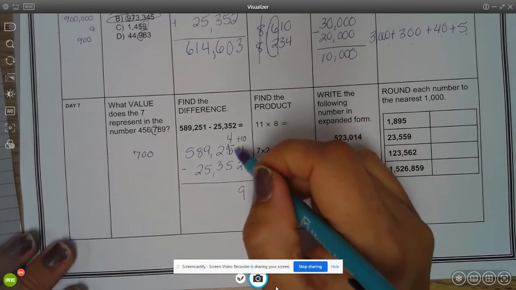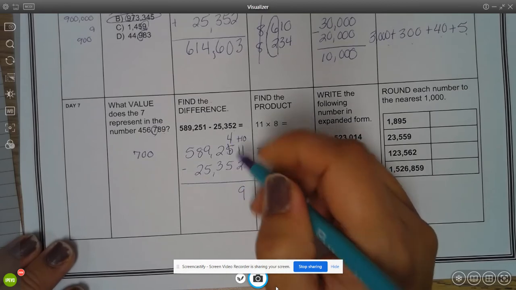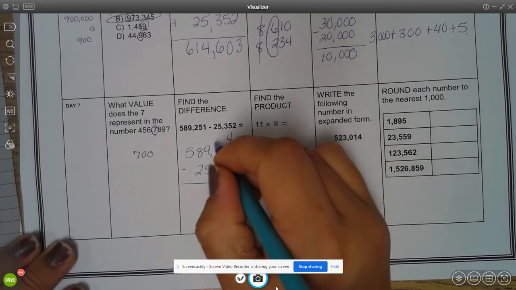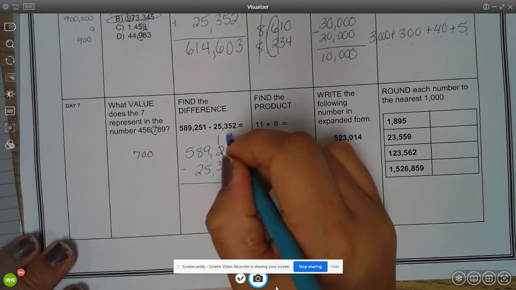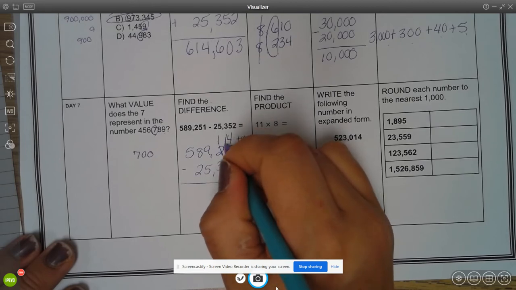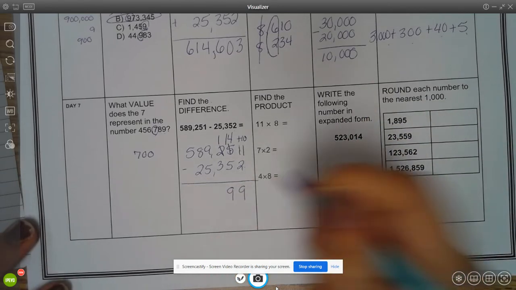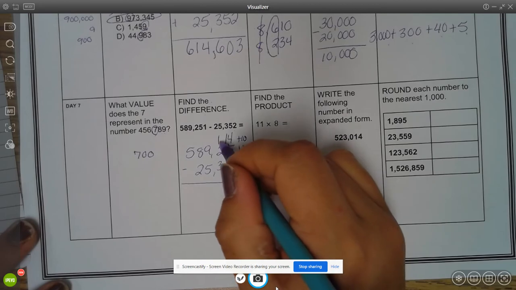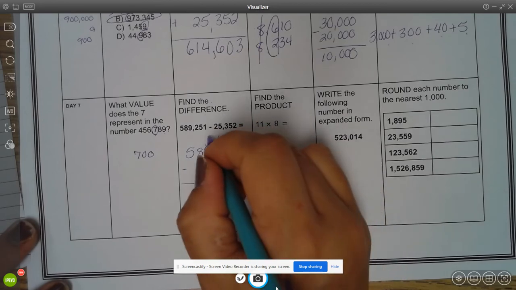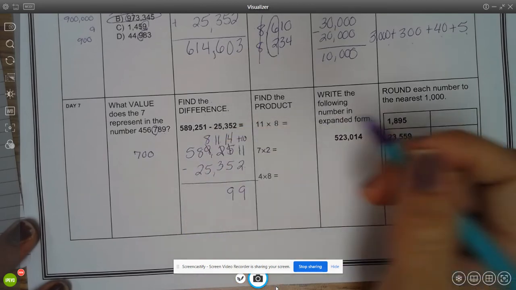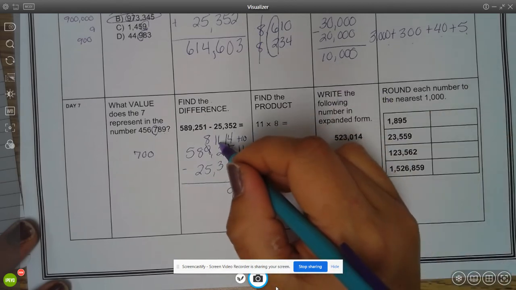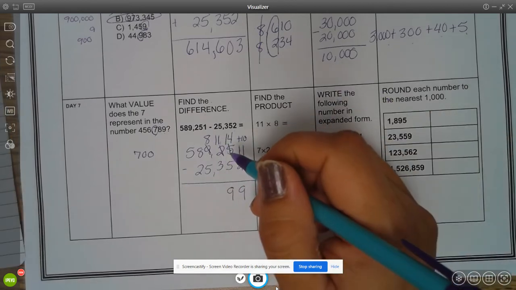All right, I can't take 5 away from 4, so again, I'm going to go over here and borrow a 10. Now this is 1. I'm going to add a 10 over here, so now this makes 14 minus 5, which is also 9. I can't take 3 away from 1, so I'm going to borrow, make this an 8, add a 10 to the next place value. 10 plus that 1 here is 11. 11 minus 3